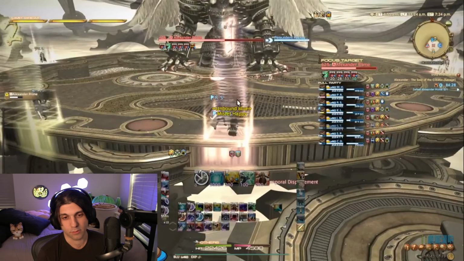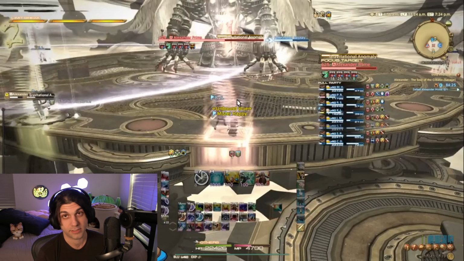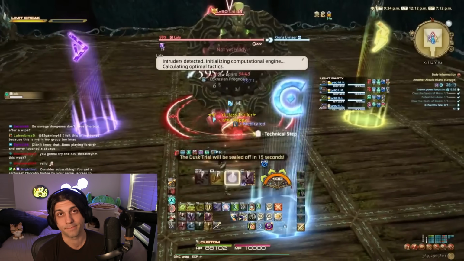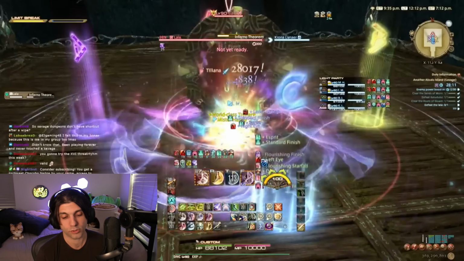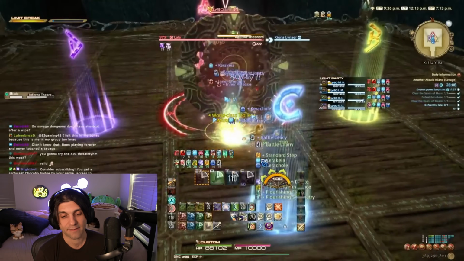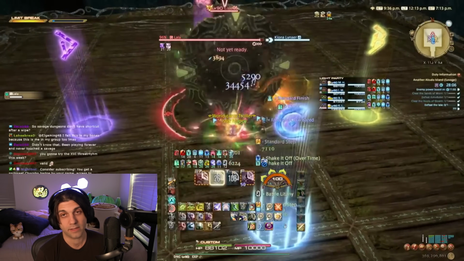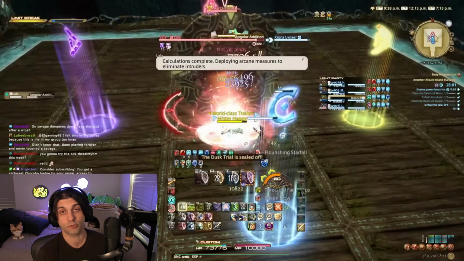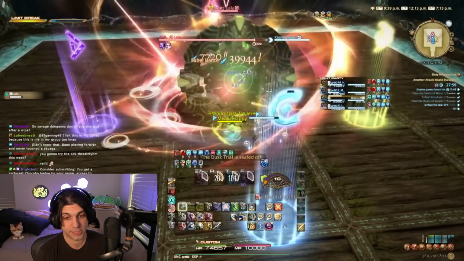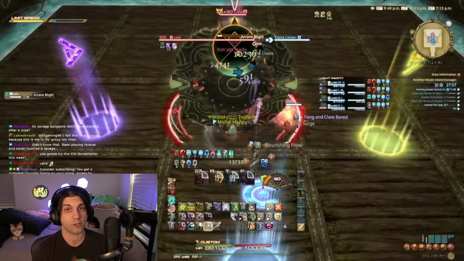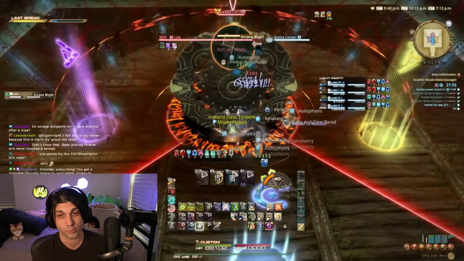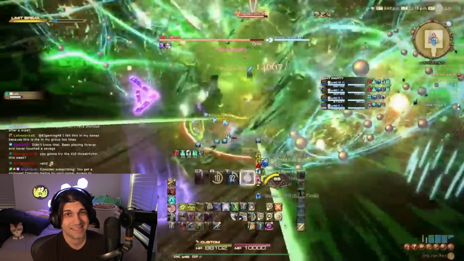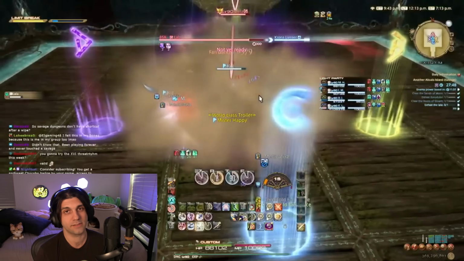Among them, obviously, I love having a new Savage tier, but the big thing for me is Criterion. They really need to nail it this time, or it really is the nail in the coffin for Criterion itself, the reward structure. I'm hoping that because it's just after the Savage tier, they'll wait like 8-9 weeks, put out Criterion, and give it meaningful gear progression, so people who are struggling to get through the Savage tier and maybe want a little bit more gear, or people who want to gear alts, or people who just don't really feel comfortable doing 8-man content but want to do more difficult 4-man content, have an option. I think that's the place for Criterion if it has a place in the future at all.